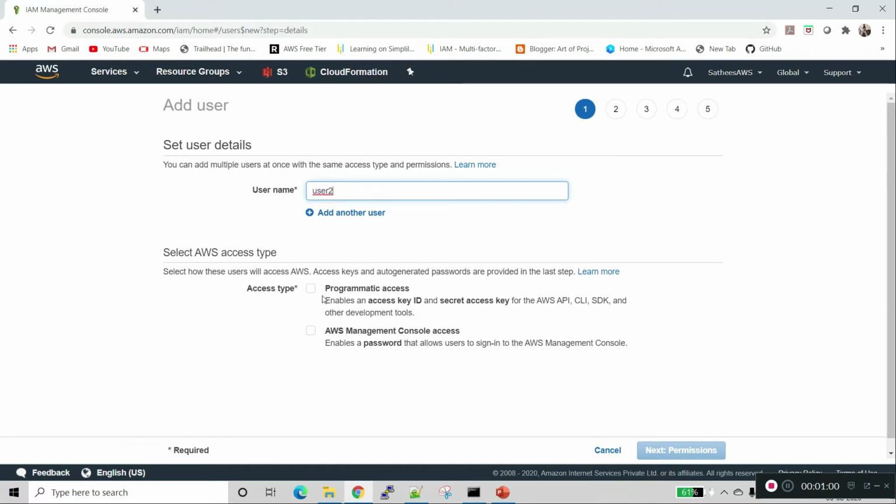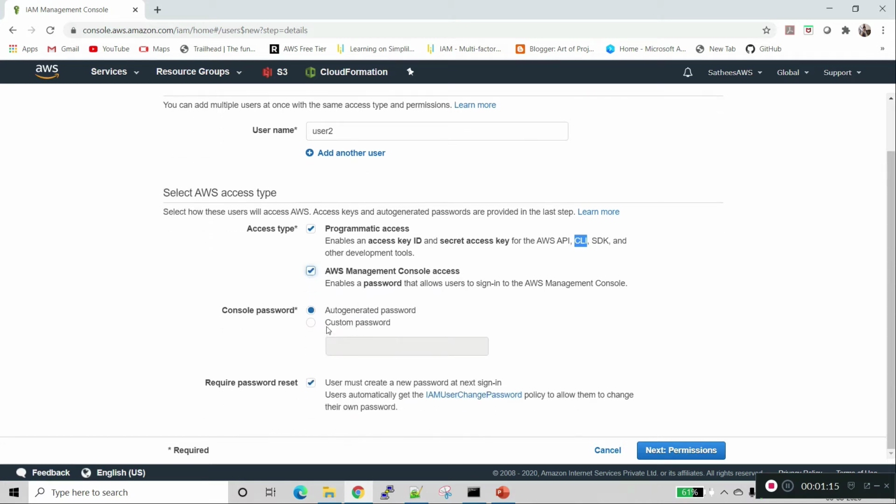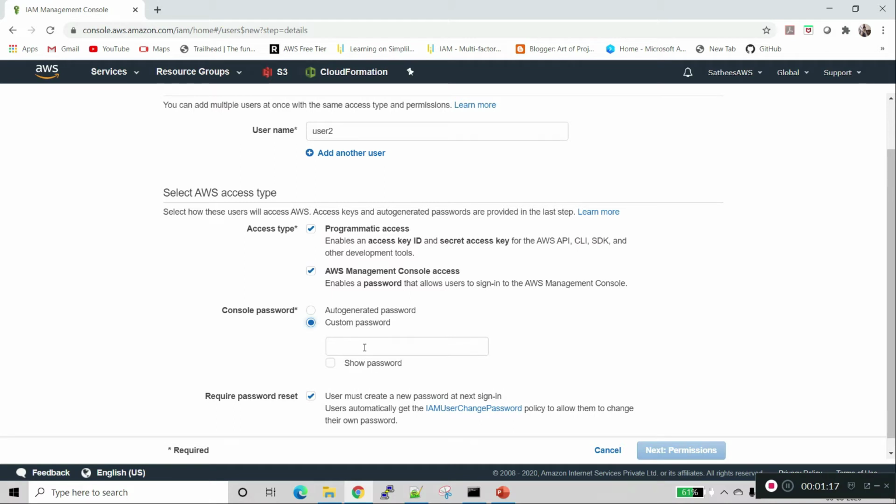I am giving programmatic access so that the user can log in via CLI tool, API, SDK and other development tools, and I am also giving AWS Management Console access with my custom password.